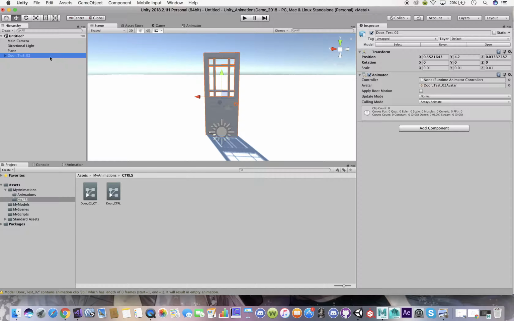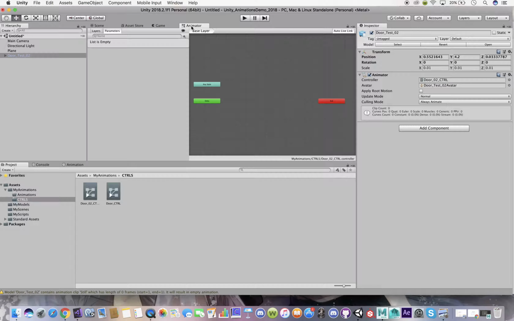So again, I'm going to click this again, and then here, I'm going to click the one that I made, this one, and literally drag and drop it into here. And then, we're close, but we're not done yet. Sorry. And then I'm going to click into my animator submenu, or animator tab. If you don't have that, you can just do, here, add tab, and